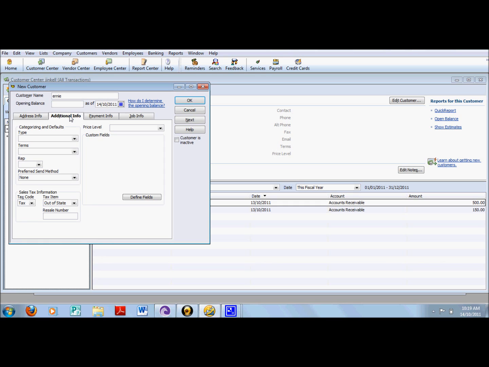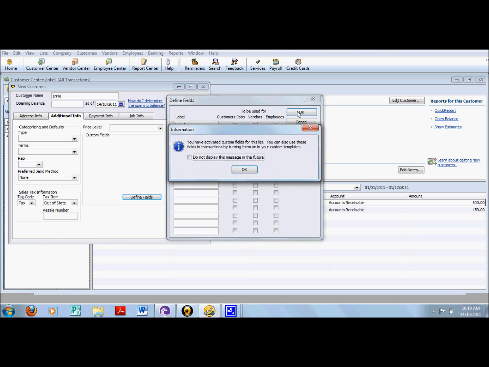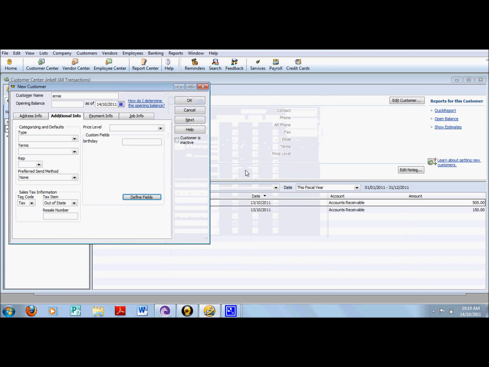On this tab, QuickBooks displays several other fields that you can use to collect and store customer information. If you want to add some fields, you can click Define Fields, then label it. For example, birthday, if you want to know the customer's birthday. Then click the box, then OK. OK again. Then you can see the customer's